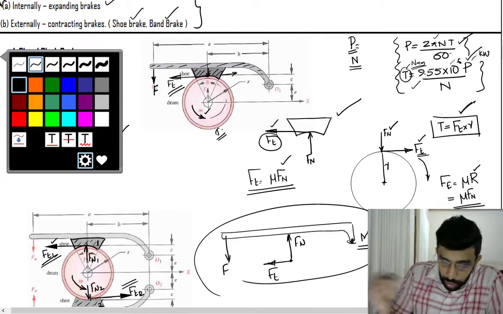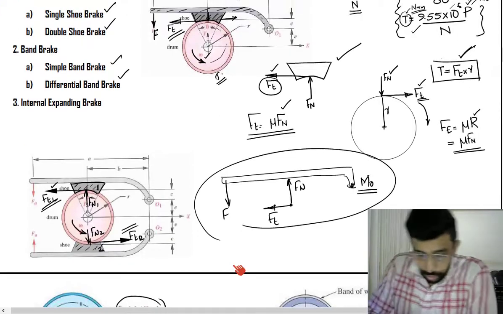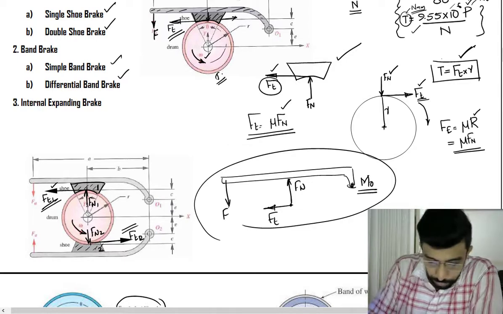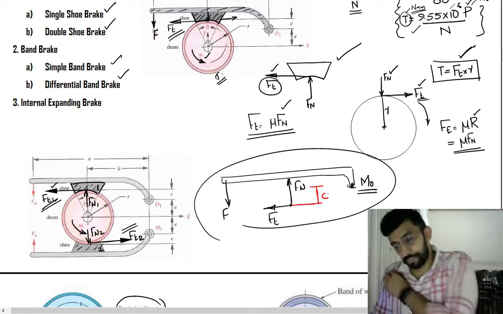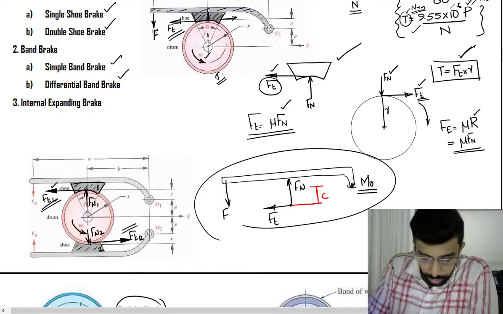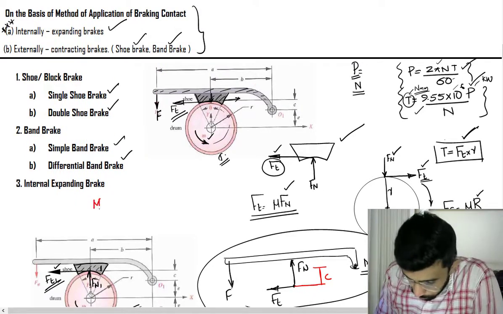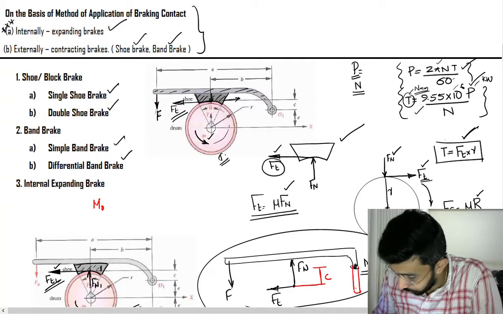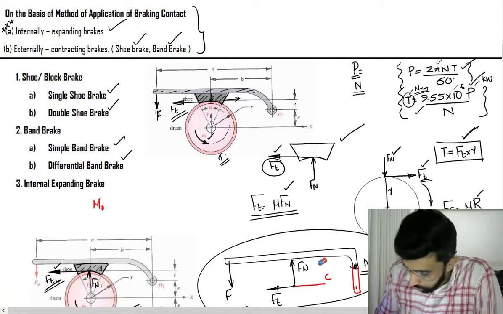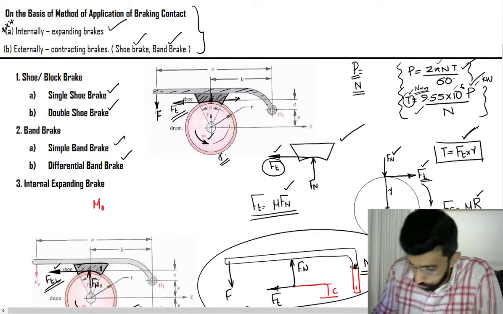For example, I will give an example here for your better understanding. Say you have a system here, and say the distance between the fulcrum and the point Ft is C, and let's take the dimensions here. Say this is A and B, and if you take the moment about O, C is going to come somewhere here, so the value of C is something like this for this figure.